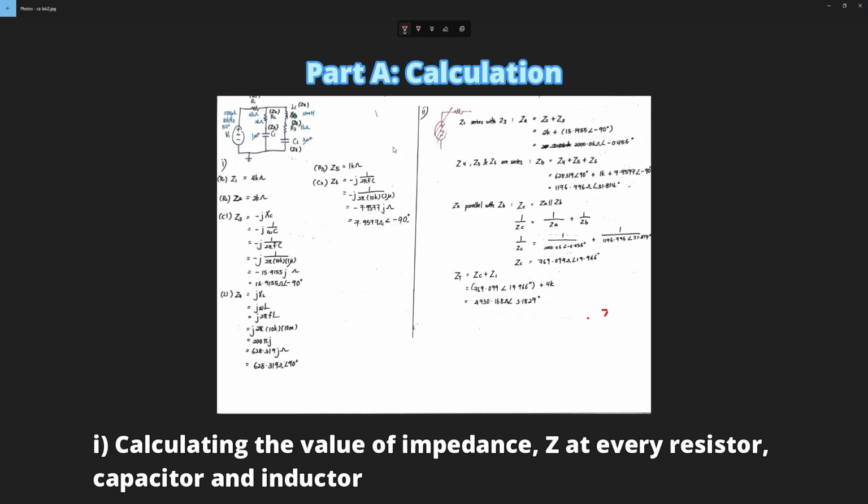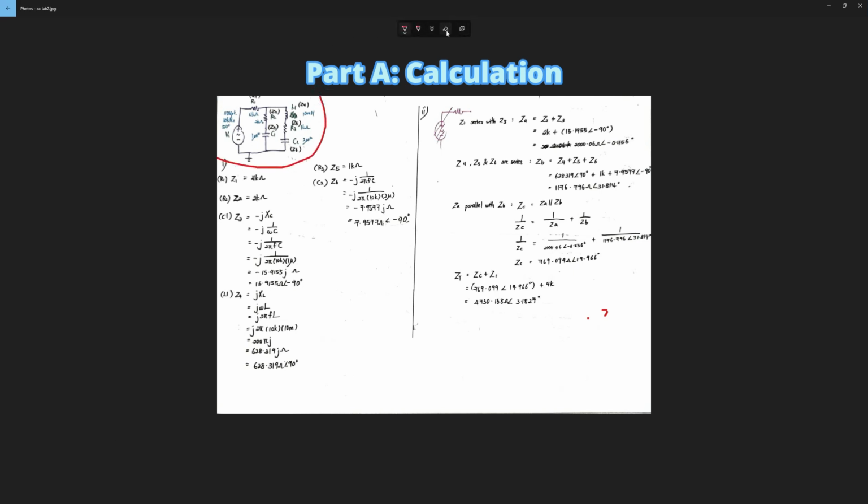TG22034. So today I'm doing a calculation for our simulation circuit using Multisim. As you can see here, this is the circuit. Okay, so I'm doing the calculation. The first part is to find the value of impedance Z at every resistor,